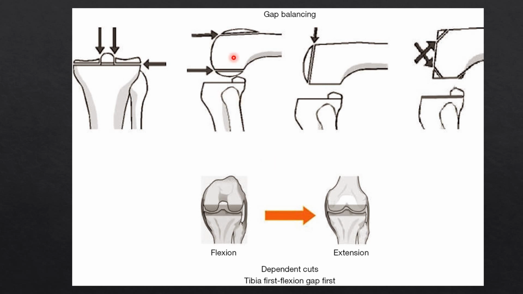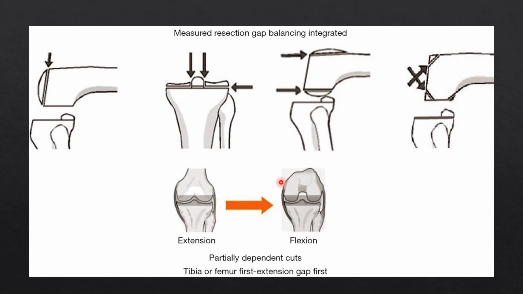In the gap balancing technique, as I stated earlier, first the proximal tibial cut is done perpendicular to the mechanical axis of the tibia, then soft tissue tensioning and balancing of the flexion gap is done with the cut tibial surface as a reference point to create the rectangular flexion and extension gap. In the measured resection gap balancing integrated technique, both techniques are combined